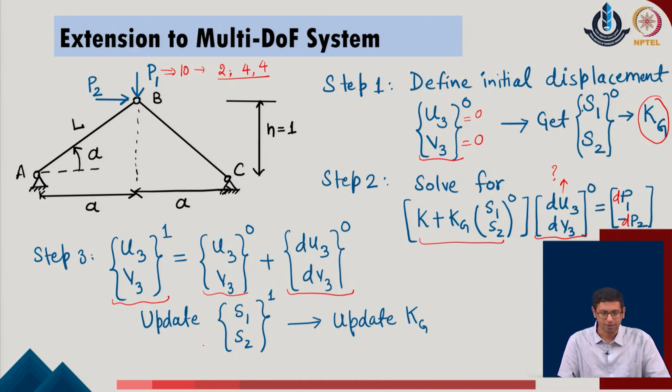Now, once we get the values of u3 and v3 in the given system, we again update the values of S1 and S2. And to evaluate the values of S1 and S2, I think we have already defined that very simplistic procedure where we write S equal to A transpose, we define P is equal to A transpose S in the given system. So, once we have got the values of S1 and S2 by simply updating the member components of the displacements, we can also calculate the member forces which are active at each node of the given system.